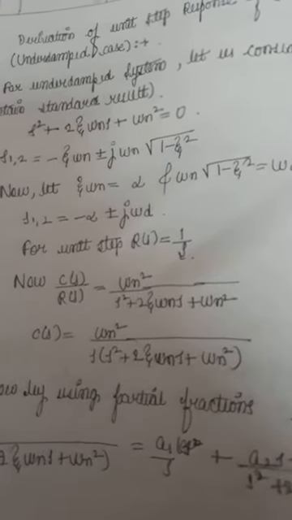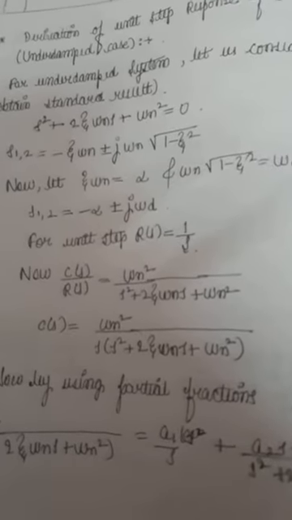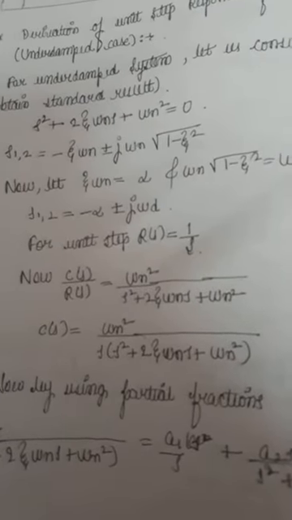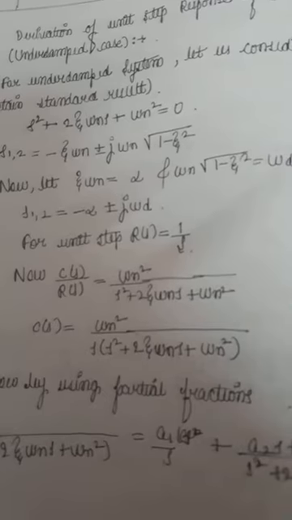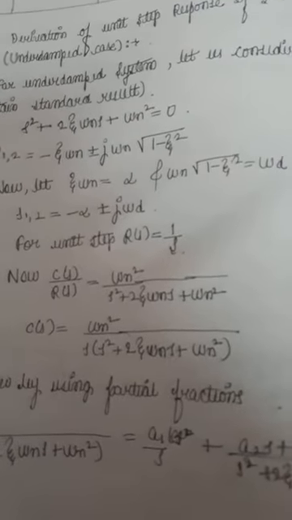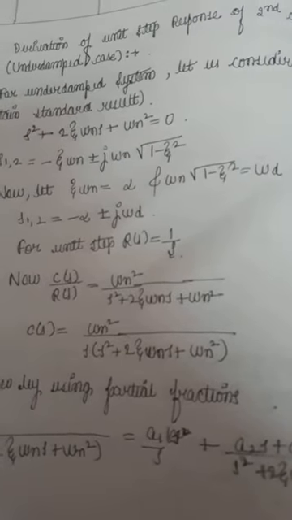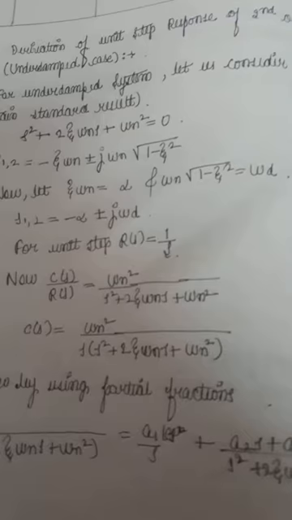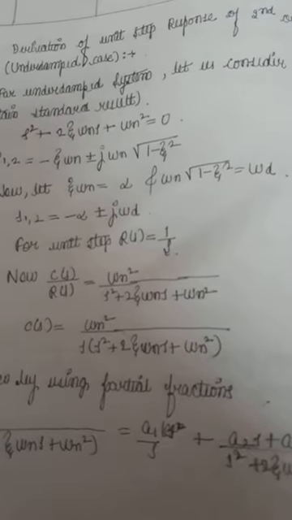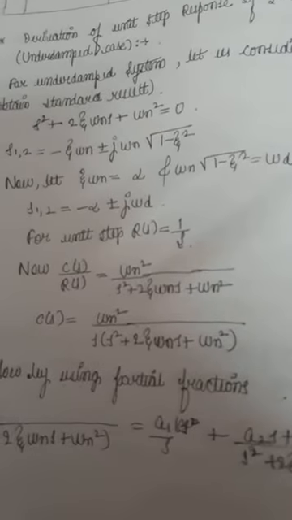For underdamped system, let us consider the second order equation, right? s square plus 2 zeta omega_n s plus omega_n square. You know how to write, right? s square plus 2 zeta omega subscript n s plus omega subscript n, the square should be on omega, not on n. Now I have shown you how to write the equation.